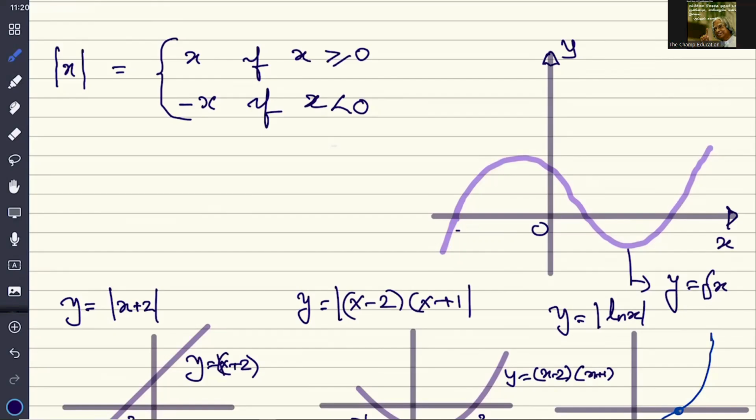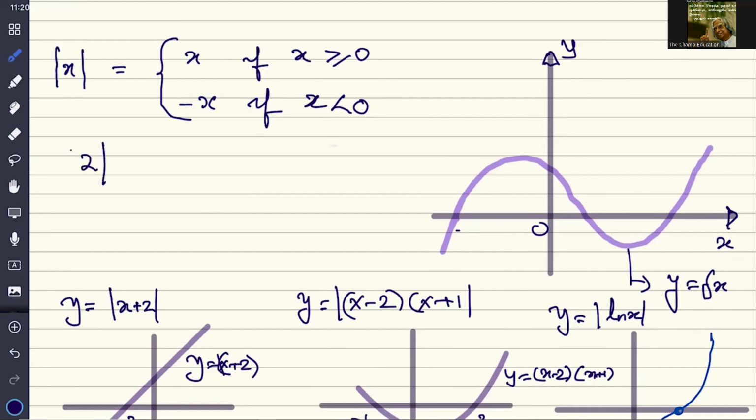Today, we are going to talk about the modular functions. So, if modulus of x, you can have two values. X is more than or equal to 0 or less than or equal to 0. Okay. In that case, for an example, if I say